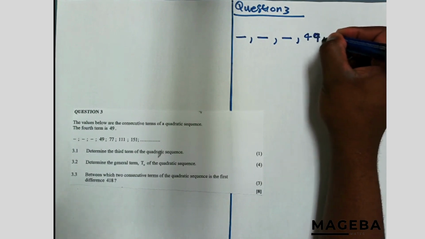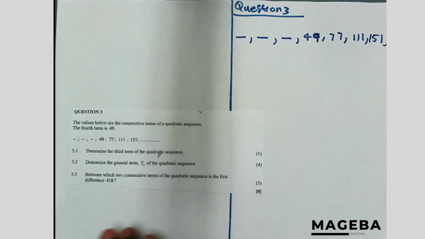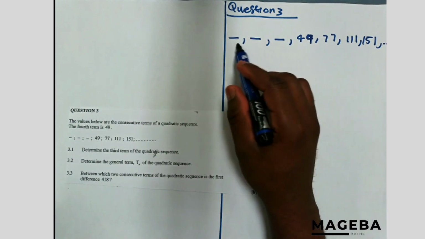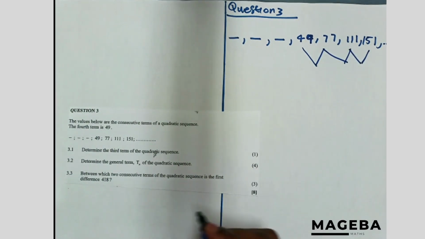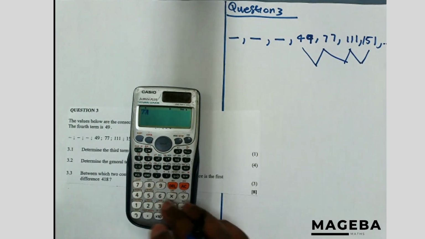This is 49, and then 77, and then 111, and then 151, and then it continues. They're telling us this is quadratic. So my only suggestion is to find the other terms from here. Since we know this is a quadratic, we can start by saying 77